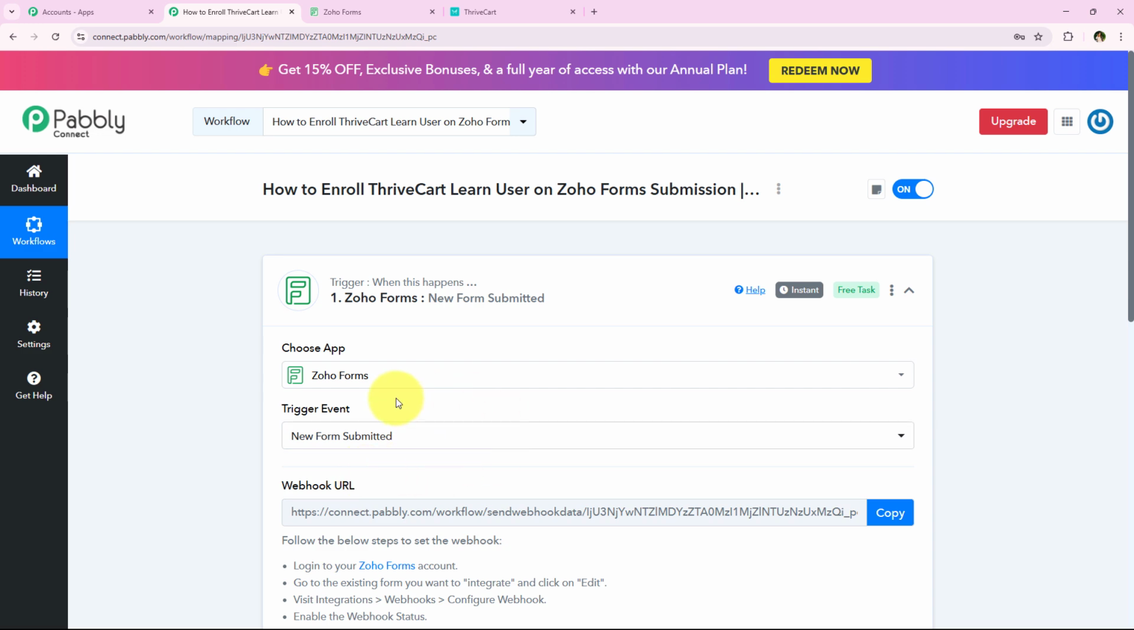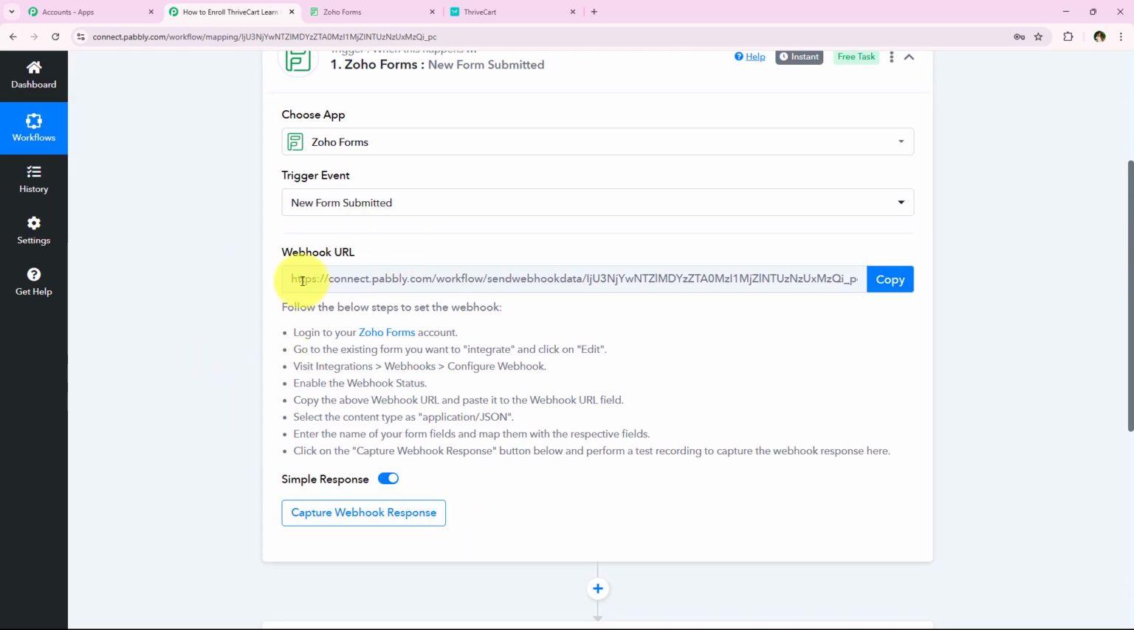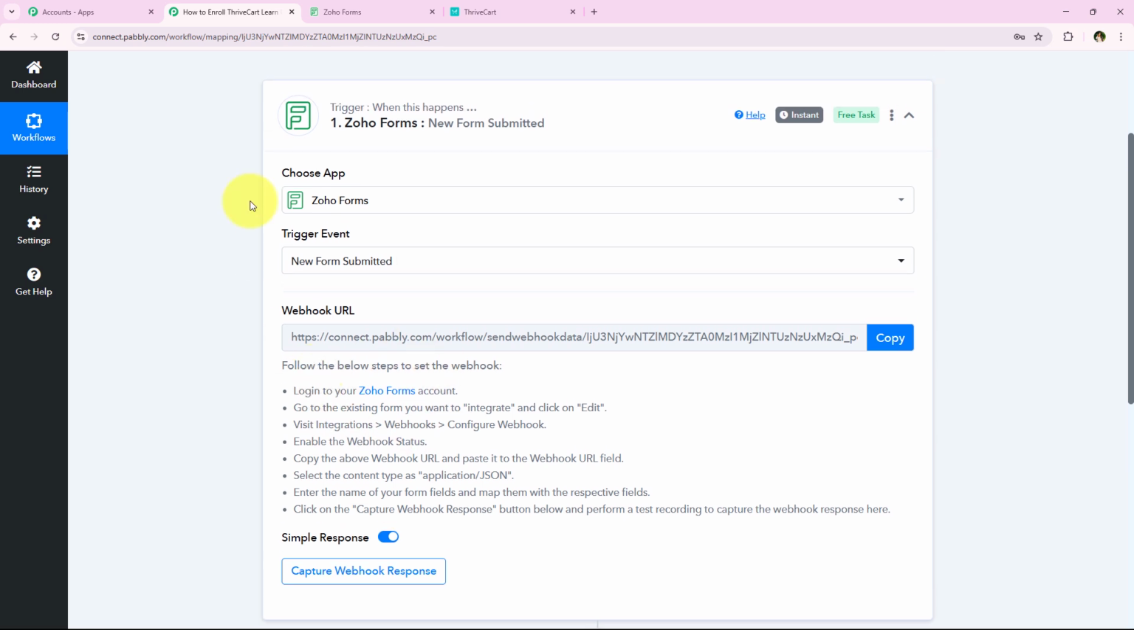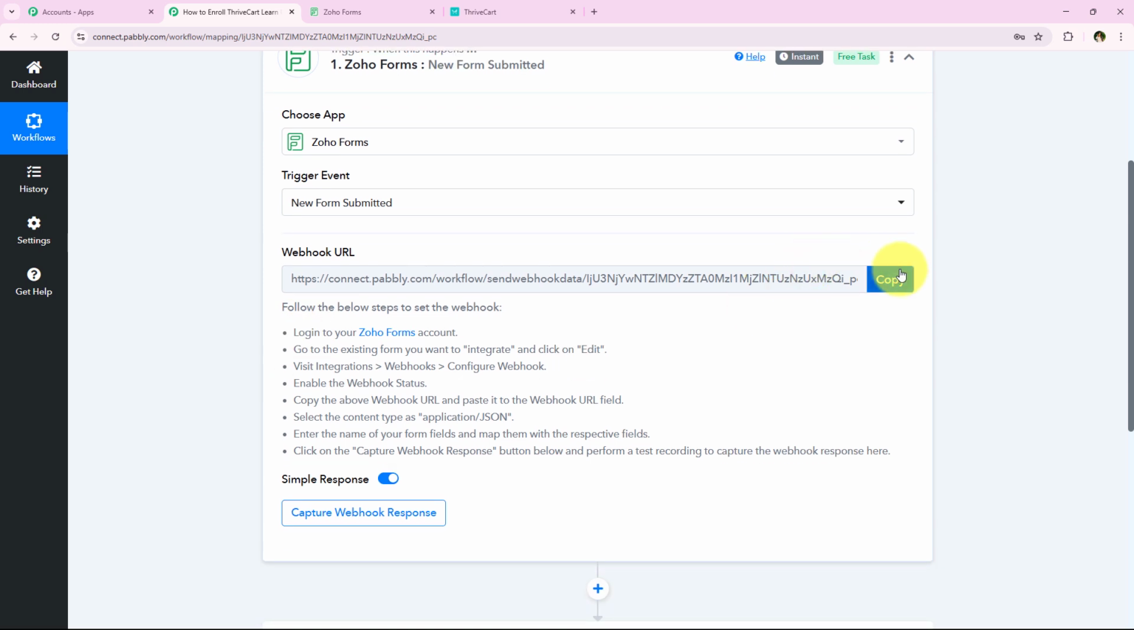Alright, so I've successfully selected my trigger event and now it has given me a webhook URL, and we are going to use this same webhook URL in order to create a connection between our Zoho Forms account and our Pabbly Connect workflow. So we are simply going to copy this webhook URL